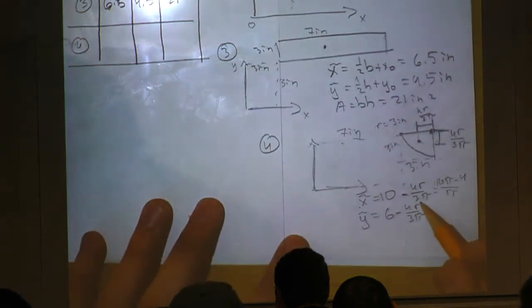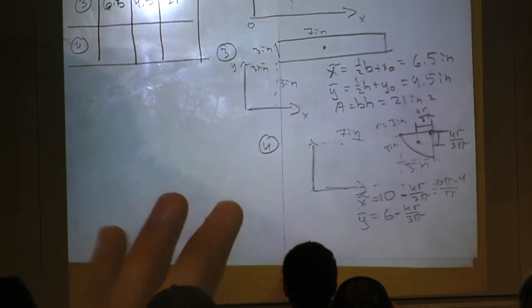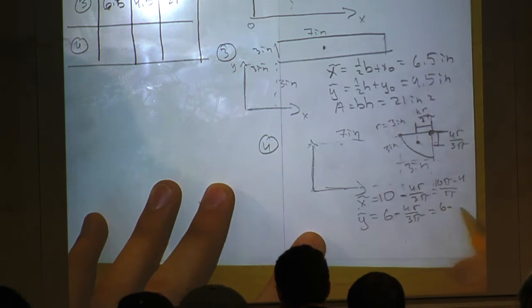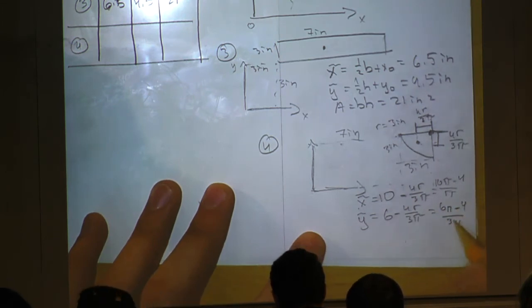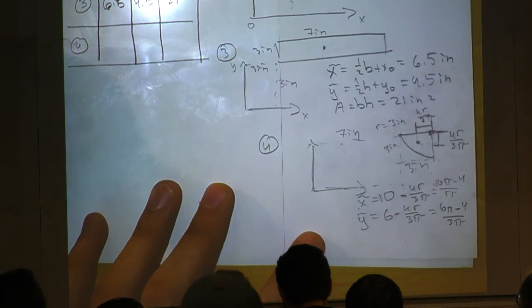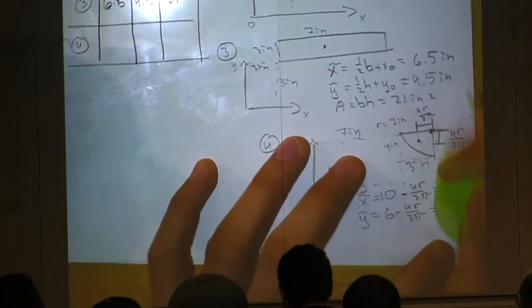And then that's equal to 6 pi minus 4 over 3 pi. Let me just make sure. Correct, yeah. Since I was wrong in that,